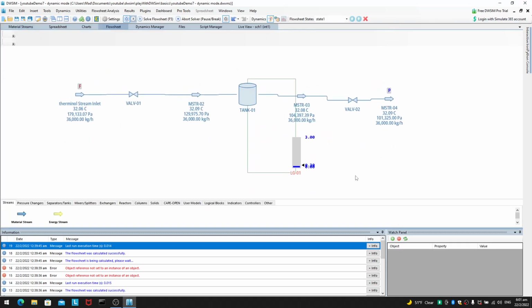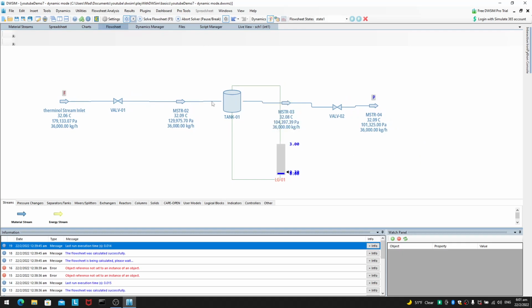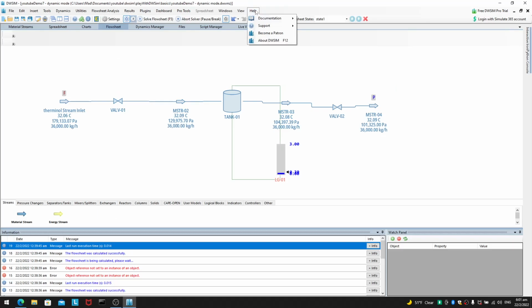So this is the DWSim you're normally used to, and I've set up some flow sheet here. And don't worry, I will guide you through the steps of doing it. But let me first show you where the tutorial is for the controller, dynamic simulation. So if you're not sure, you can always go to the help